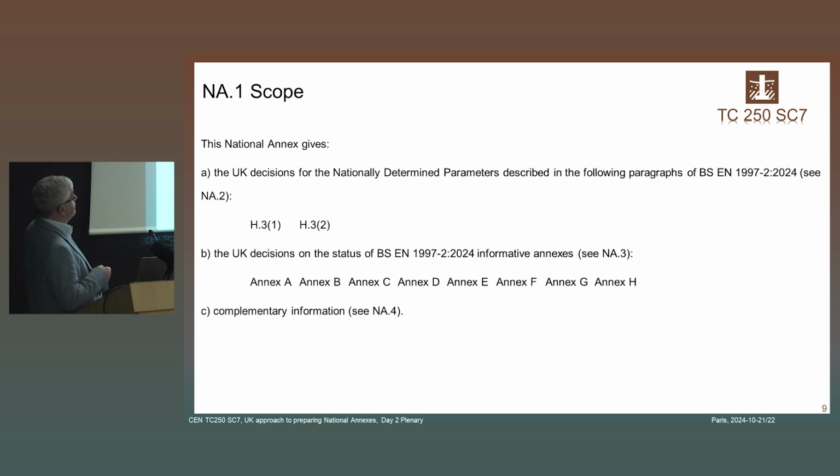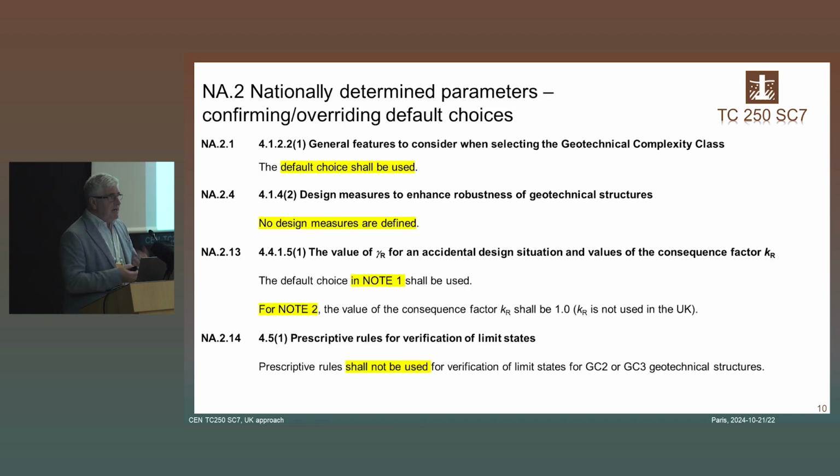Now, for Eurocode 7 Part 1, I counted there are actually 100 nationally determined parameters. So if I did this for Eurocode 7 Part 1, this would be a long list of those clause numbers. But that's just literally taken out of the Eurocode 7. It's repeating what's given in there. So the main and important part of the national annex is going to be covered in the next couple of slides. So one of the things we have to do with national choice is confirm or override the